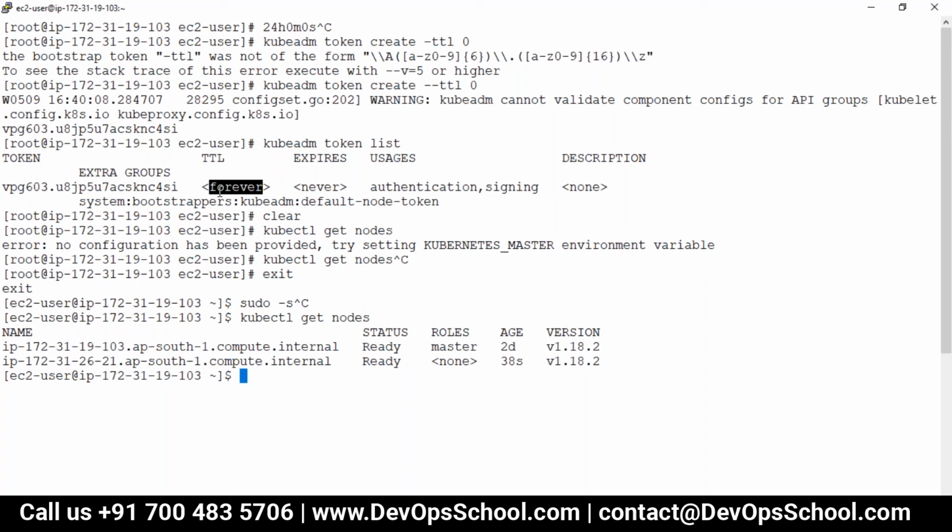Let me tell you one more thing here. This token is not for authentication for a pod. This token is only for joining the nodes. Also you can use tokens for authentication, but that is a different topic actually. So typically we use the secret token. Those are the things we need to discuss in a later class, but right now don't get confused with too many things. Okay, right.